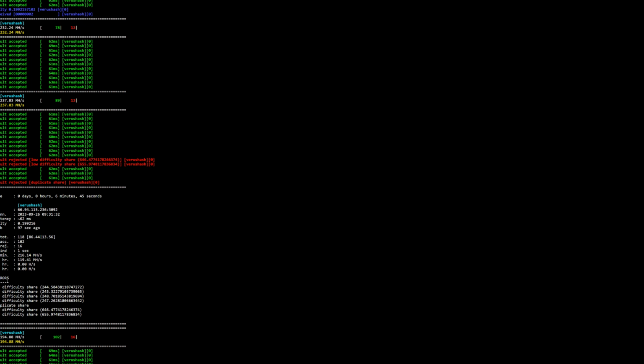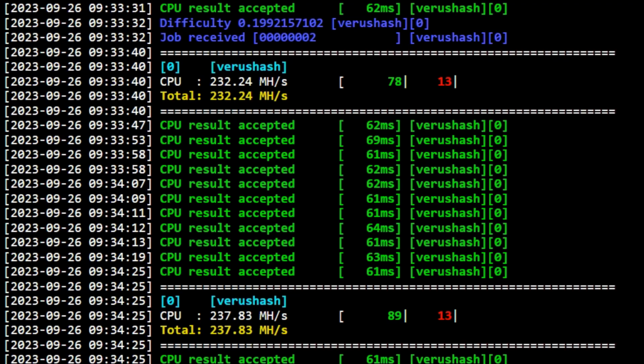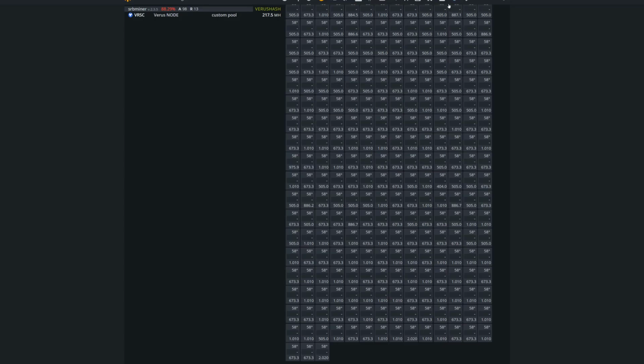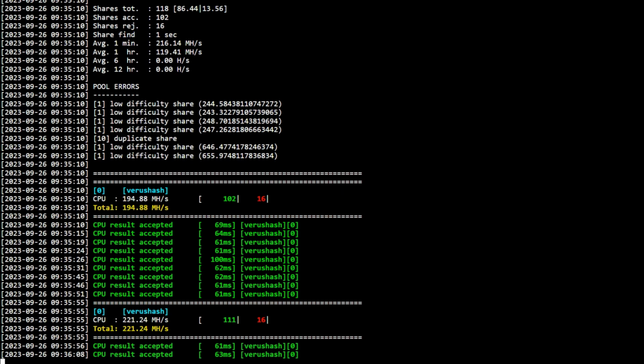hash, 237, 194, and at the pool here on Rabid pools, yes, I do have a Veruscoin mining pool, we're at about 234.5 mega hash, so that's very interesting. So here we are, we're over 200 mega hash regardless, so it's interesting to say. Now the dashboard here is still only saying 210, 217, but we can see we're hitting peaks of upwards of